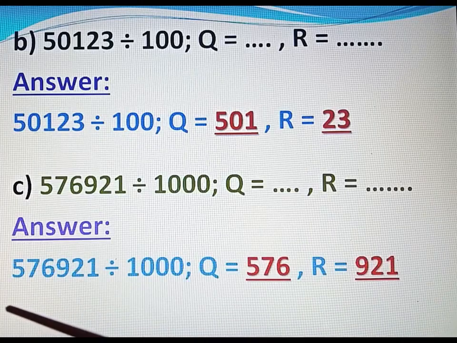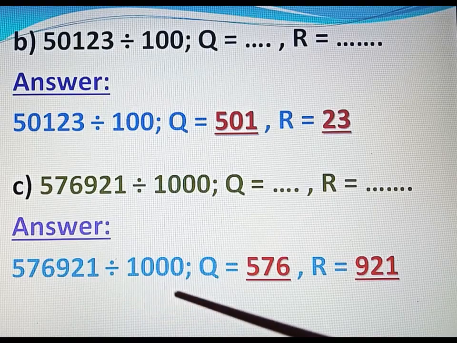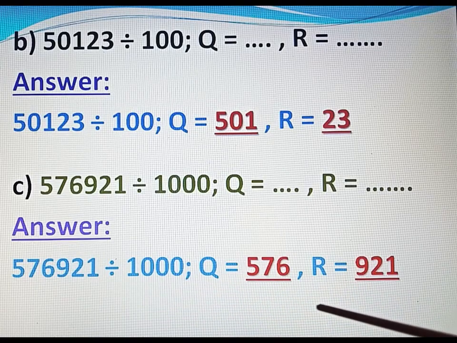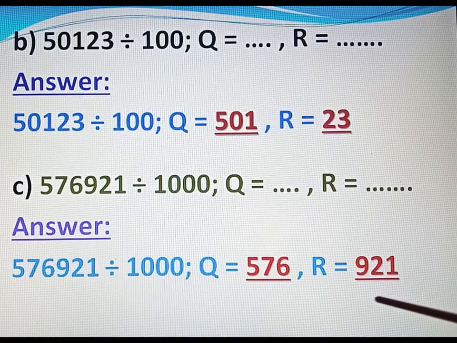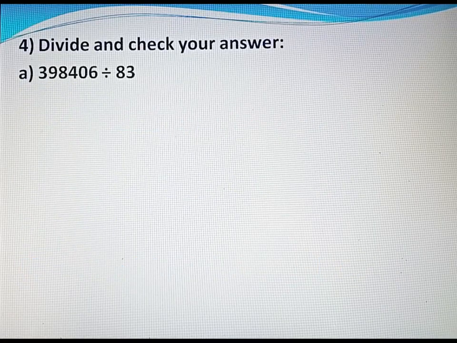Answer: 5,76,921 divide 1,000, quotient equal 576, remainder equal 921. Now come to question number 4. Divide and check your answer. A part,